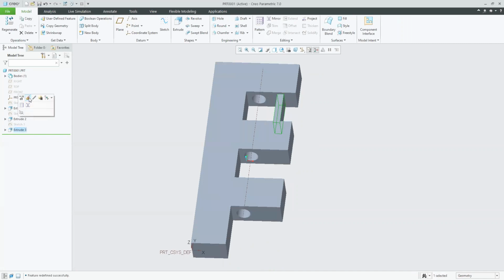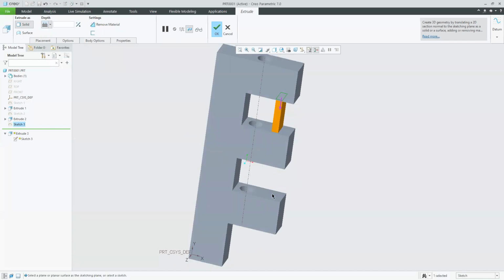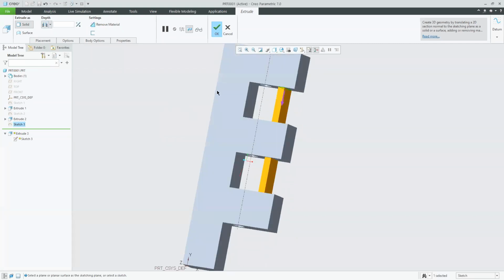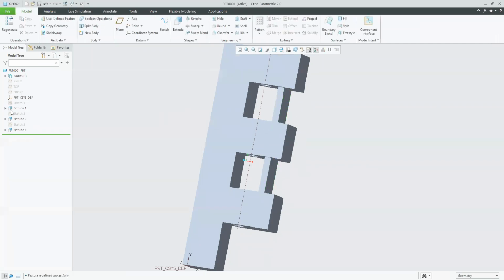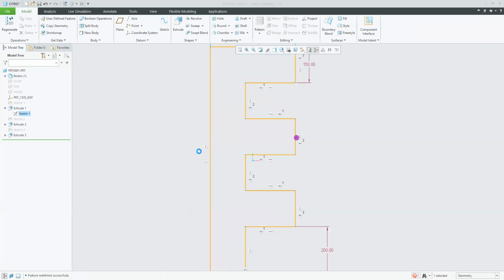If I am clicking on edit definition and I am telling him I don't want it up to a surface, I want it up to next surface, up to the last surface. Now last surface, which is this surface, it will come till that surface, up to last. See this. Okay, getting it, guys? Yes, sir. Good.